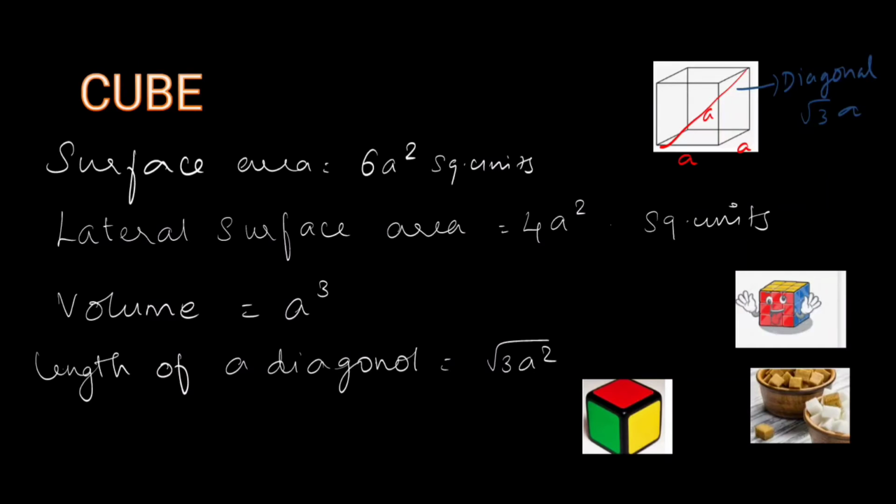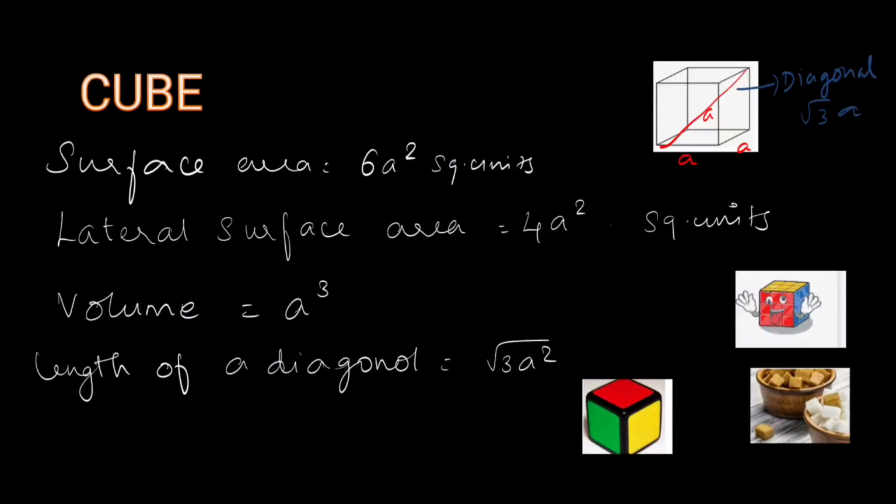Okay, next, total surface area. What is the total surface area? Considering the top and bottom faces of the cube as well, it is 6a². So both have square units as their units. Next, moving on to the volume. Volume of a cube is a times a times a. There are three dimensions in it, so cubic units is the unit of the volume.